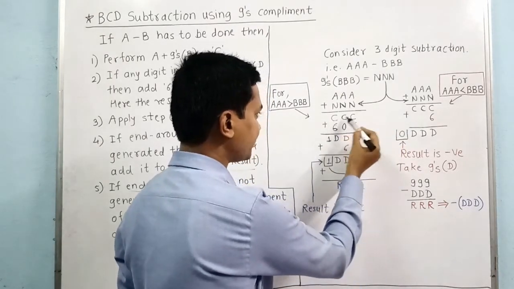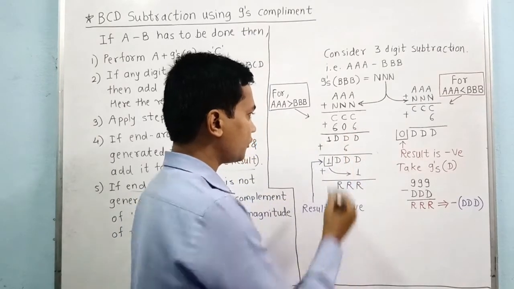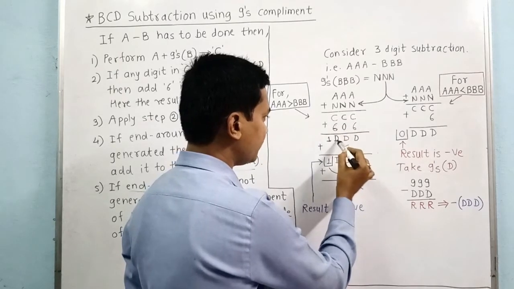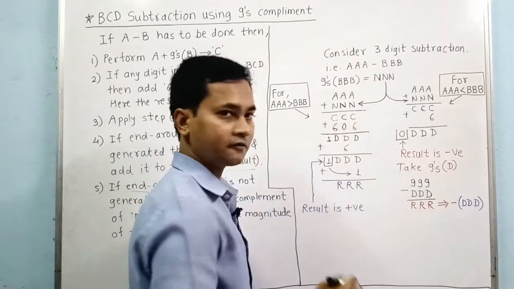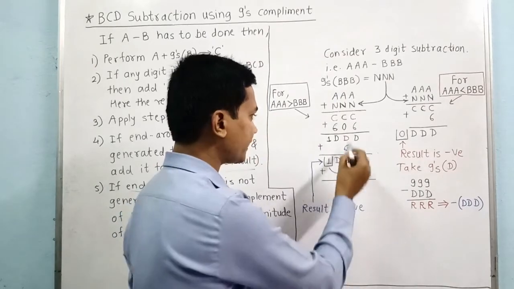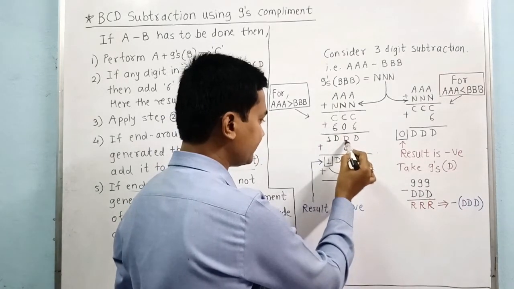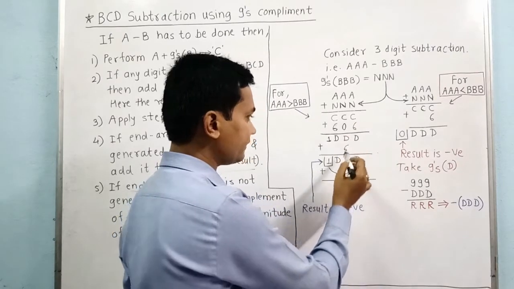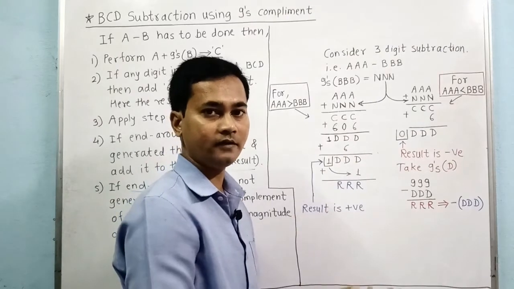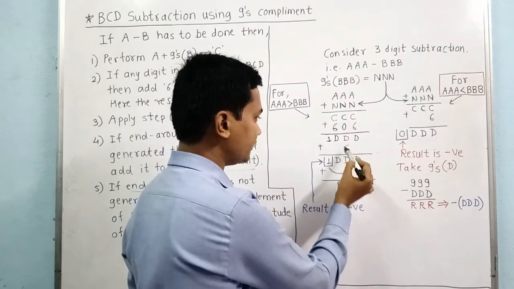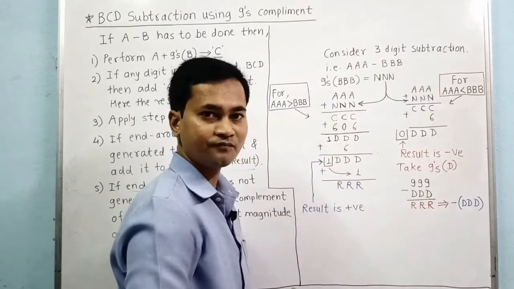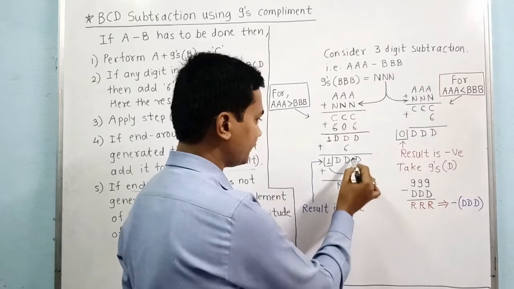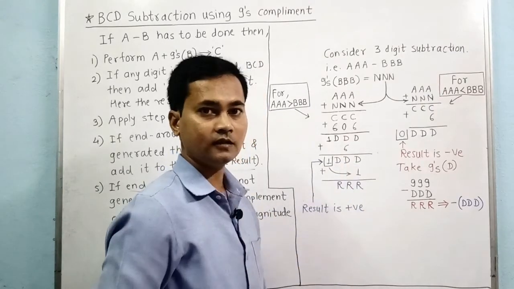Consider the first and third digits are invalid BCD digits. Here we have added 6 into the first and third digits, so we get 1DDD, likewise we are just assuming. Now consider that the second D digit is again an invalid BCD digit. Then we will again add 6 into this digit only, so that we get 1 triple D. This is a valid BCD result.